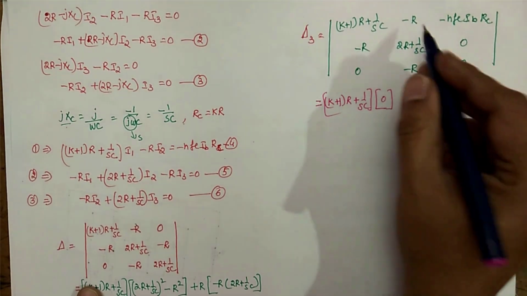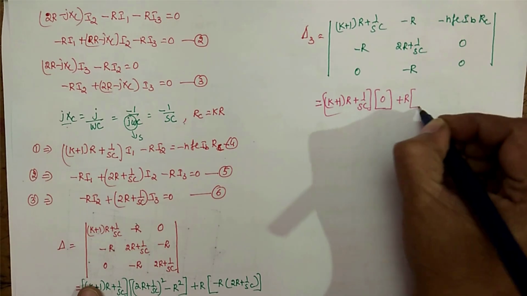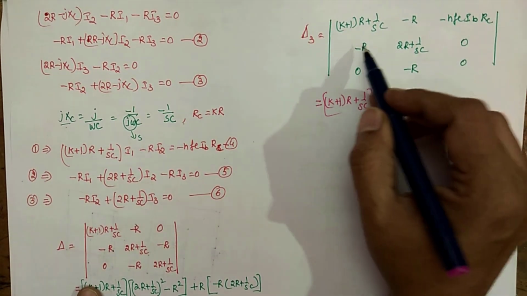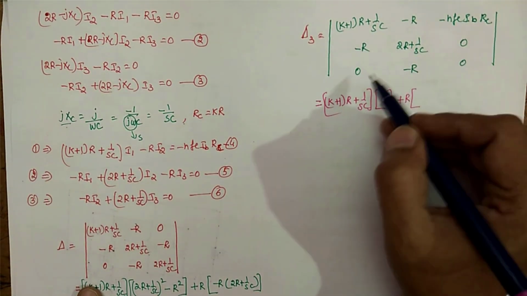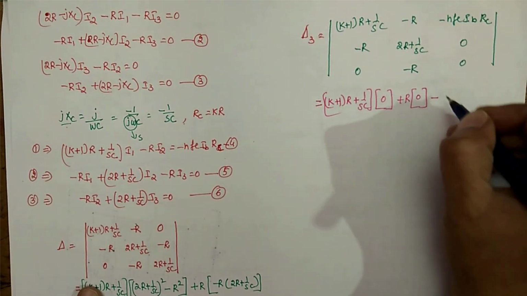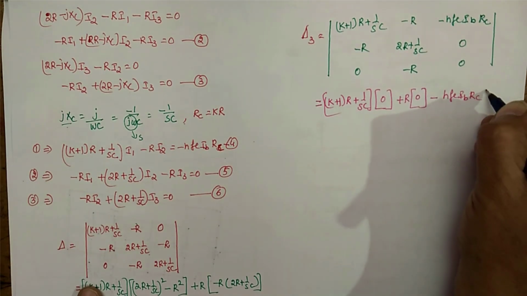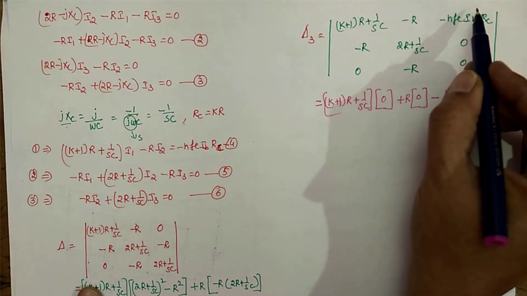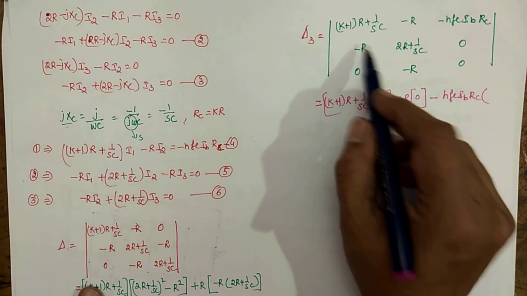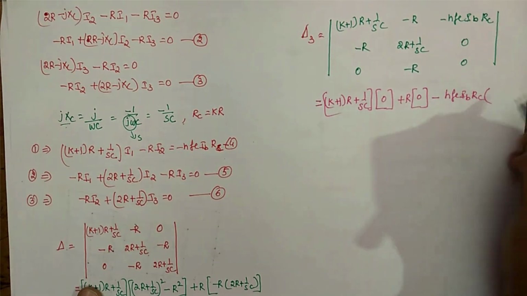Fine. Next, minus of minus R, that is plus R of, now leave these two, then multiply this with this, again 0, so it is 0. Then minus HV IB RC of, now leave this and this multiplication minus this, so it is 0, so it will be just